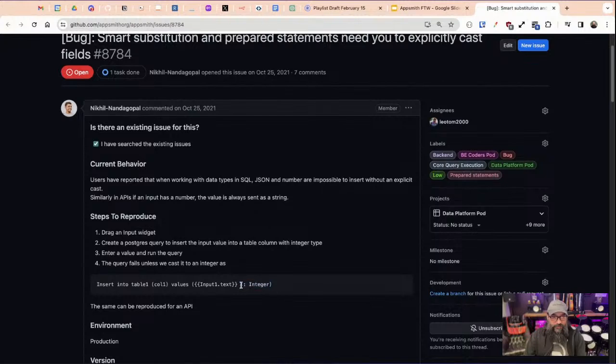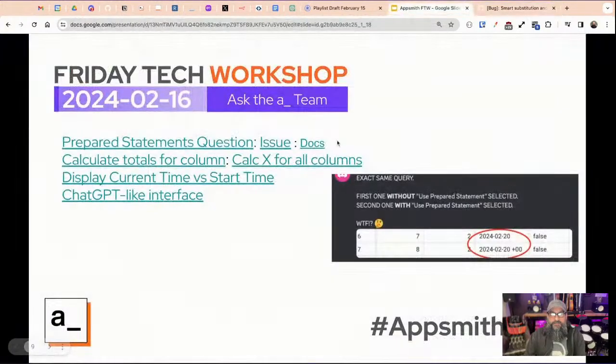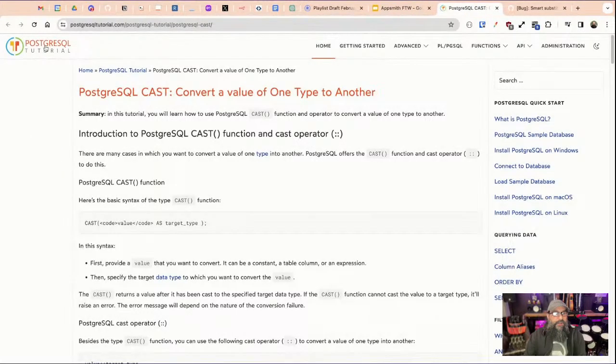So you have a double colon, that's the cast operator, and then whatever data type that you want to use to save this back to the database. So let's check out the docs here. And I'm assuming Postgres. I don't know what data source this user was using, but this is how you would use typecasting in Postgres. So there is the cast function that you can wrap around something and say, cast this